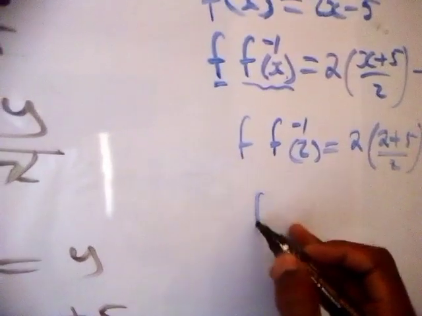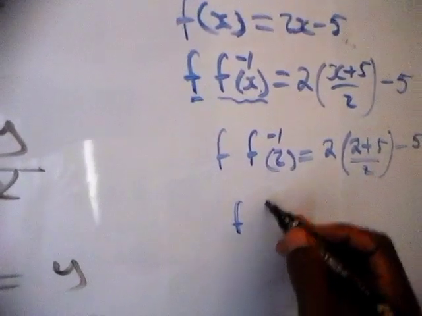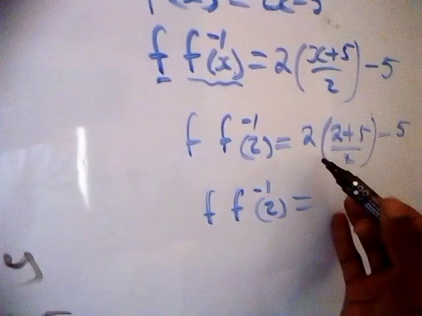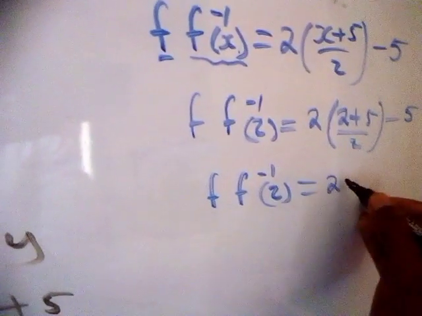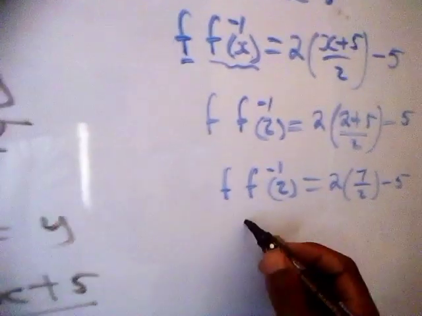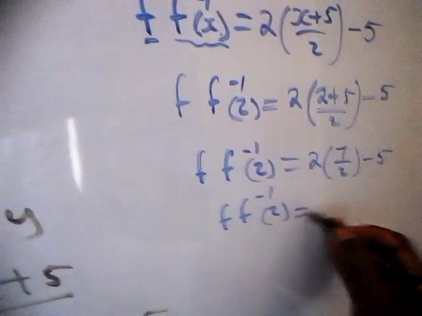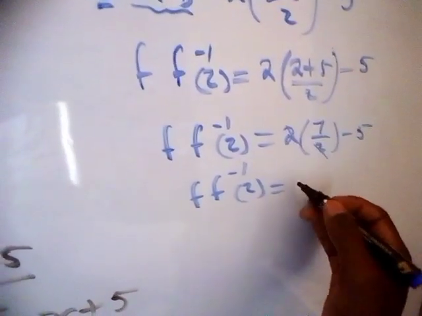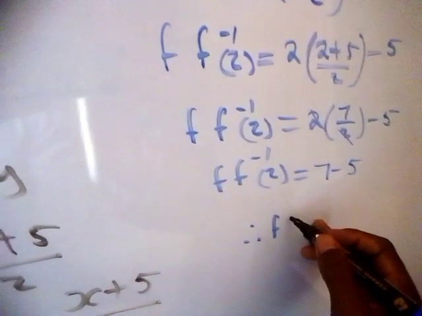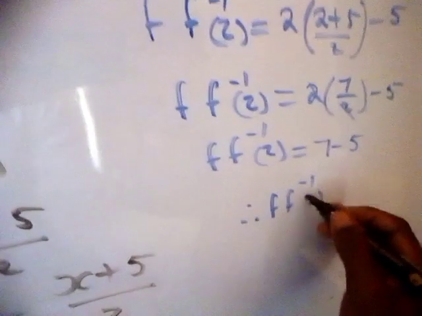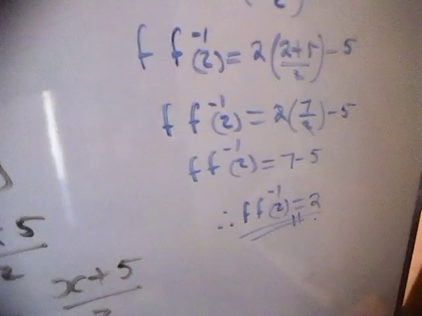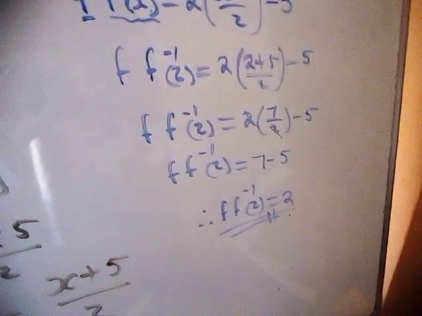Then go down: the f function of the inverse function of f of 2 gives us 2, open the parenthesis, 2 plus 5, that's 7 over 2, close, minus 5. When I simplify further, the 2 cancels out. Then you have 7 take away 5. Finally, the f function of the inverse function of f of 2 equals 7 take away 5, that's 2. And this is the answer. So this is how you go about this particular question. Let's move on to question